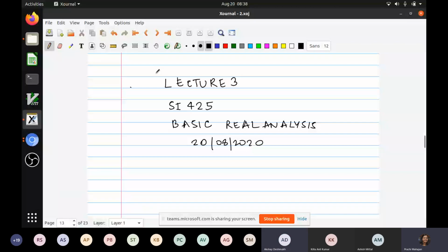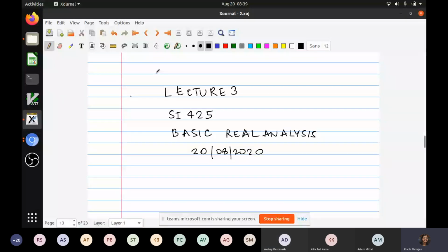So let's see, where were we last time? We saw a little bit of introductory logic and how proofs in mathematics are written. We actually didn't see proofs, but tools to write proofs. And we tried to define real numbers, but we have still not defined them. To define real numbers, one begins with the set of rational numbers and tries to construct a set that satisfies the properties that we postulated for the set of real numbers. What are those properties? We said that we assume that there is a set R whose elements are called real